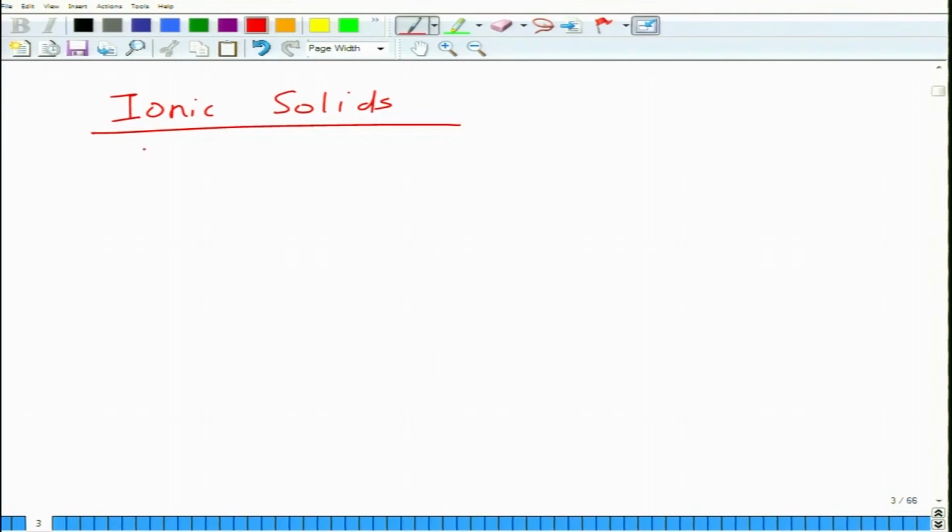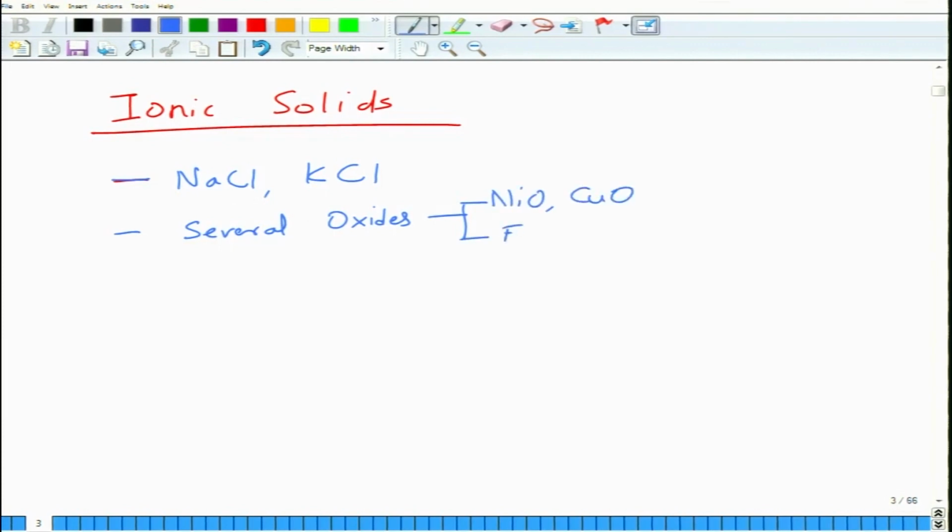For example, compounds like sodium chloride, potassium chloride, several oxides, nickel oxide, copper oxide, iron oxide, compounds such as barium titanate and alumina, even zinc oxide, several materials, they are all ionically bonded materials,